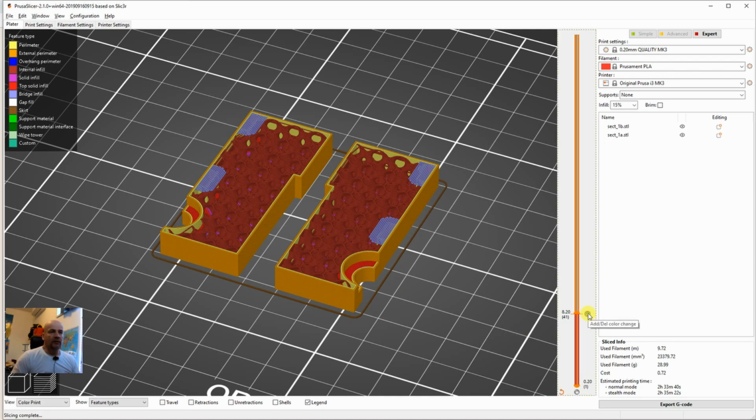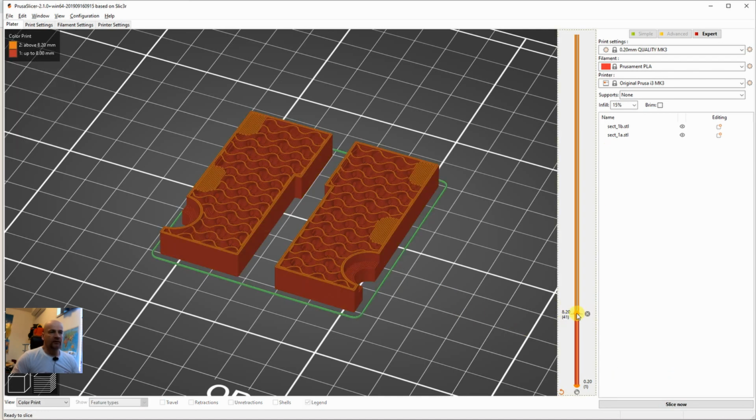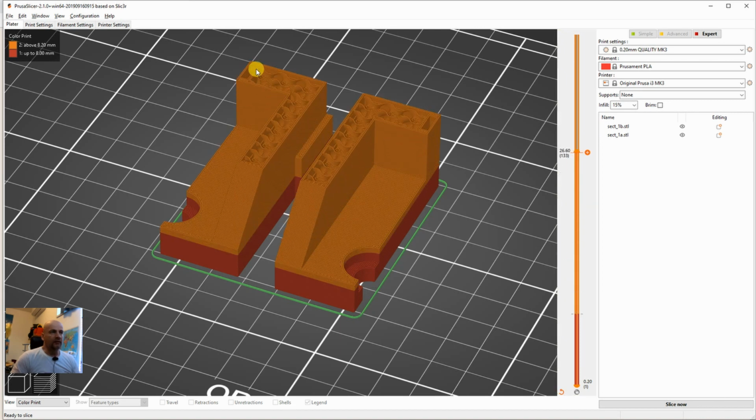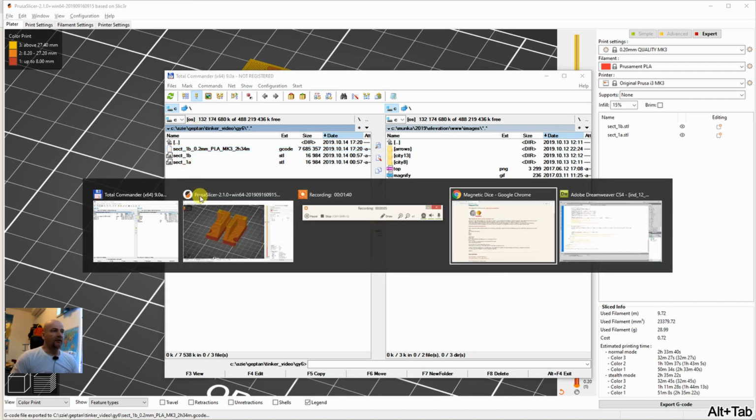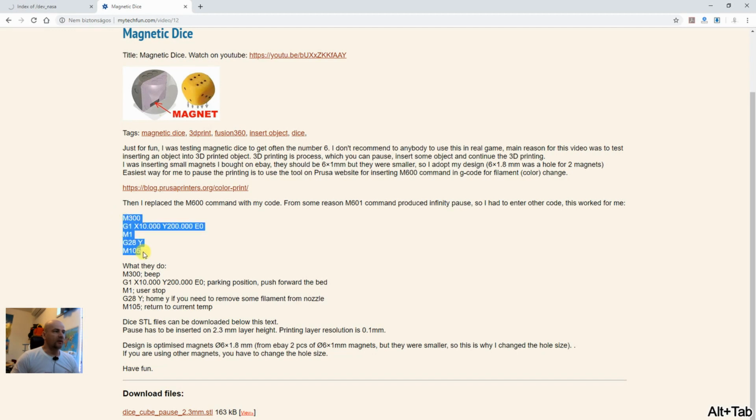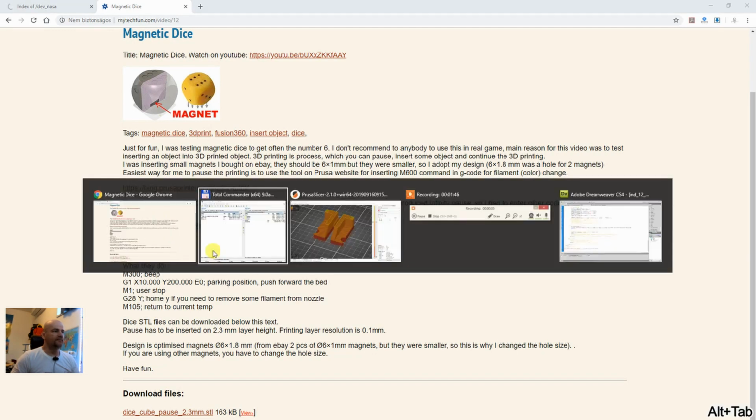Okay, now I can do it automatically in this software. I have holes here. Okay, the 27.4. Now I can slice and download the G-code. This is the G-code. Now I have to replace the M600 command. This is for filament change, because I don't need a filament change here. I don't want to unload and insert new filament. I just want to stop the printing, and I will replace the M600 command with this code here.